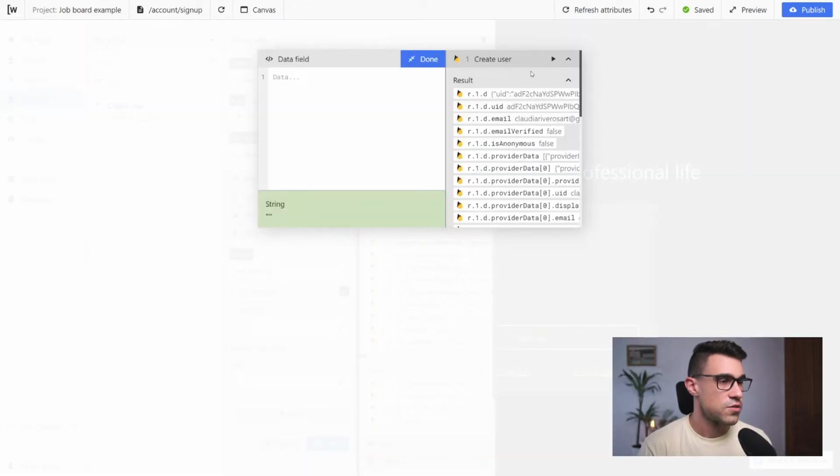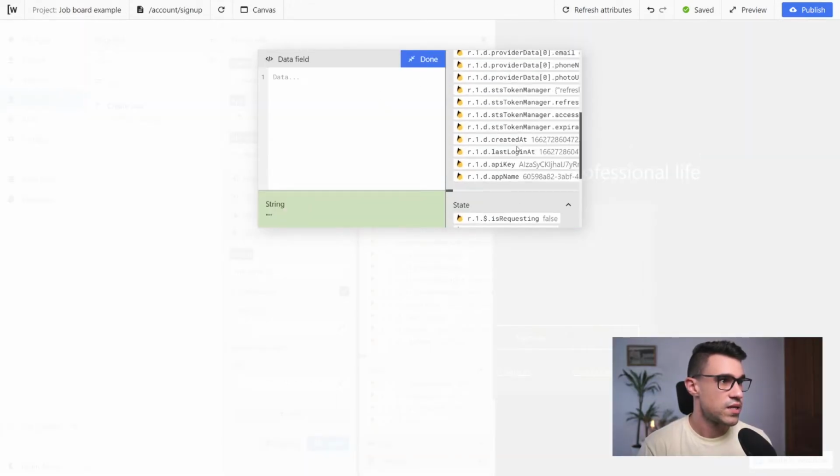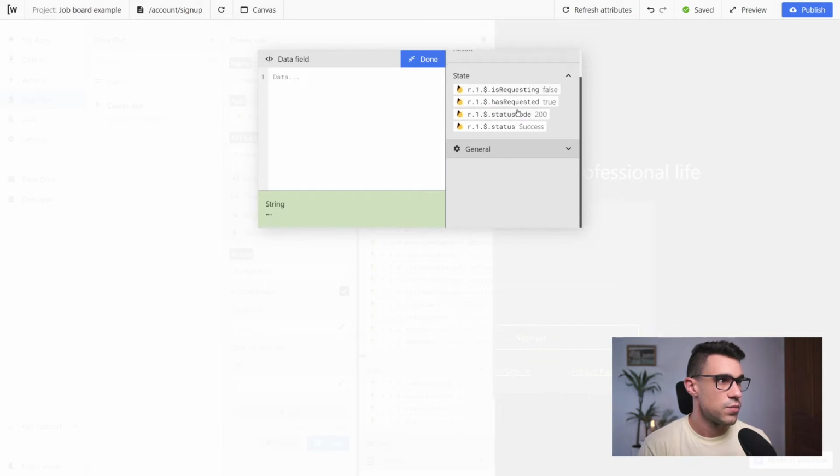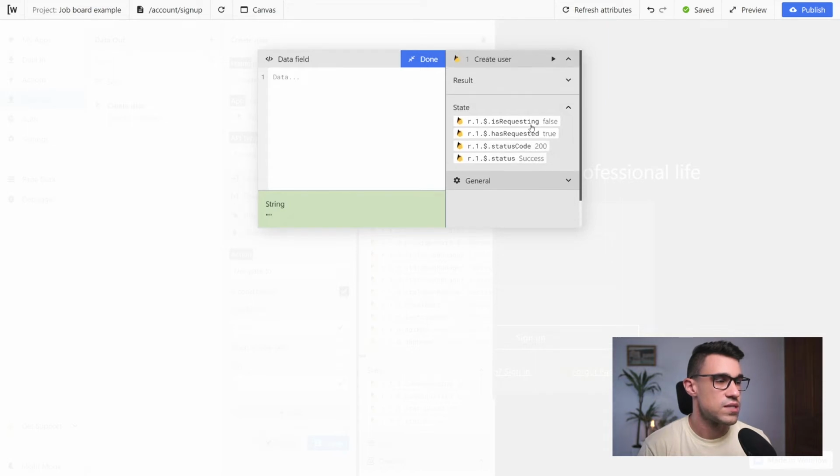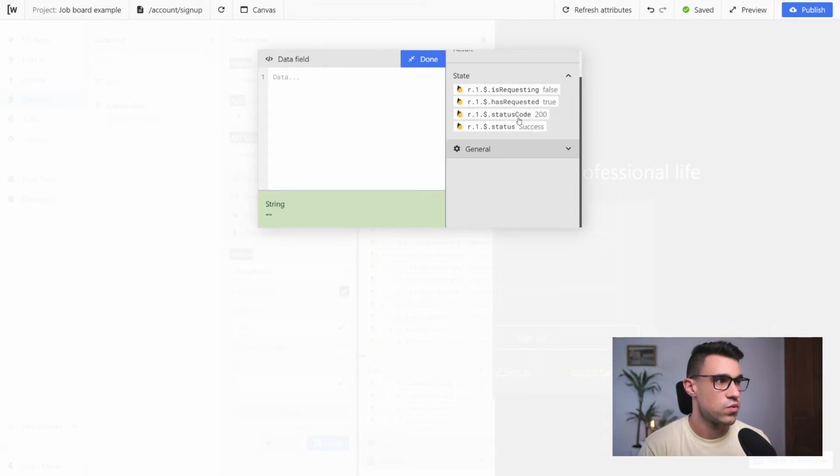All right, let's build the condition. So we can see here we get all of these fields about the user, but the only thing we care about is this state over here. So we want to make sure that the user was created successfully. Now status code 200, that means that the request was a successful one. So we're going to click on that, and here we're going to write status code, this variable over here needs to equal 200, just in our example. So we're going to write equals